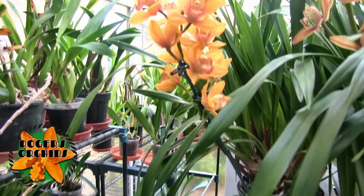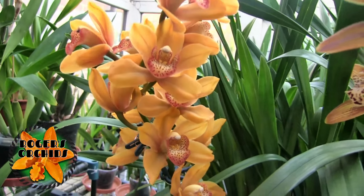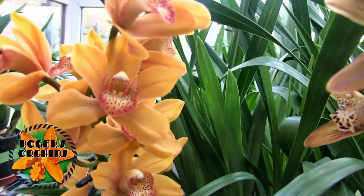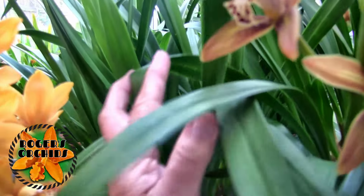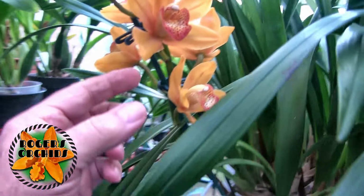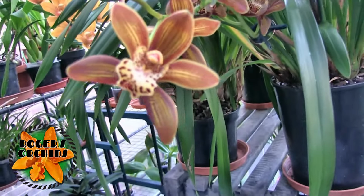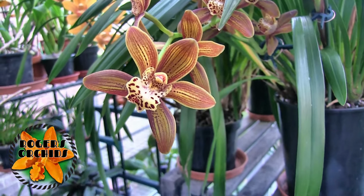As far as Cymbidiums are concerned, there's no new blooms opened, but the yellow one, its longevity is very, very good. And somewhere buried in the plant, I don't think we're going to be able to see it, there's another spike progressing really well and another one behind it. So there are more blooms to come on this one. This one, which is lasting incredibly well,